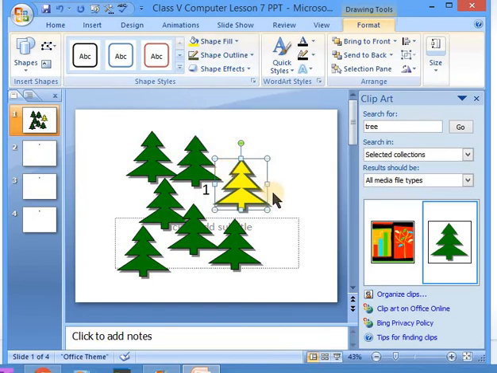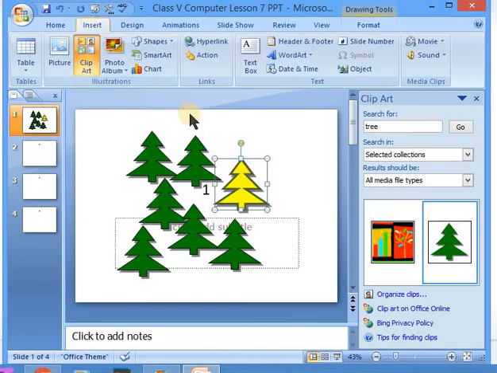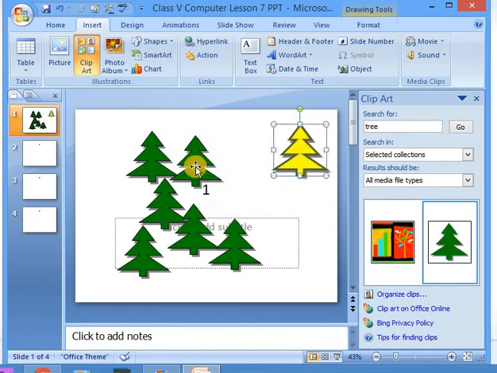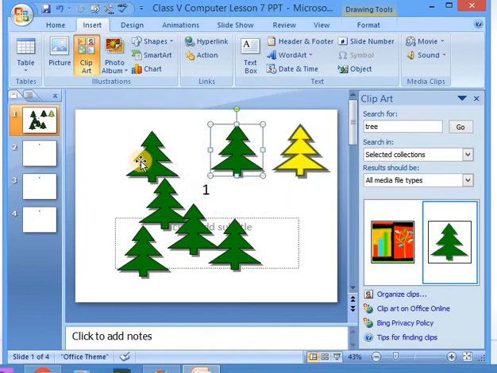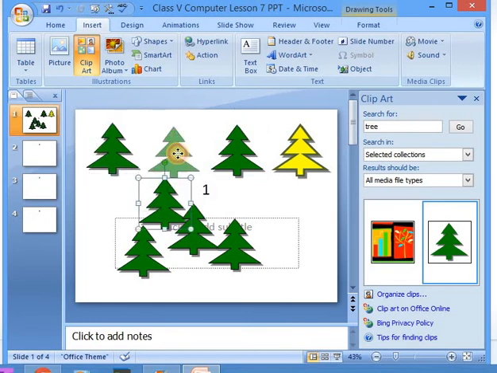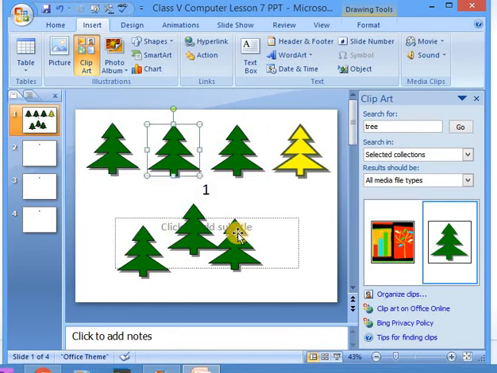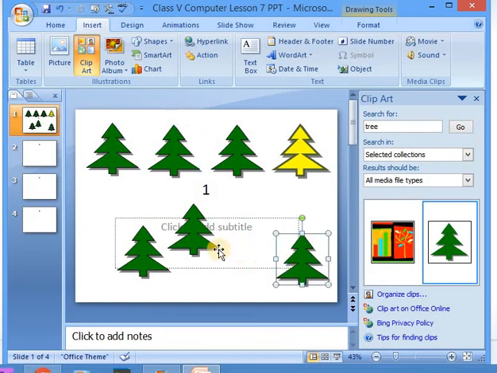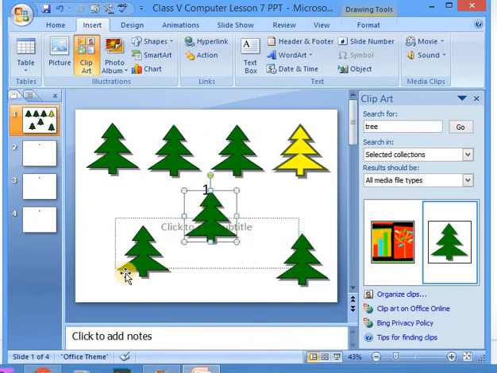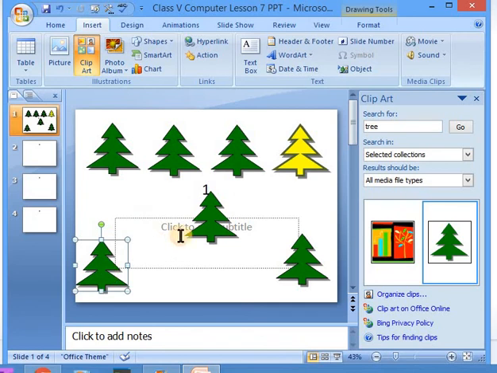As we proceed in the chapter, I'll keep telling you different things. So today I just planned that I'll tell you how to add a picture and how to fill color in the picture and how to encircle or give the outline border to the picture. That was my task and it is done.